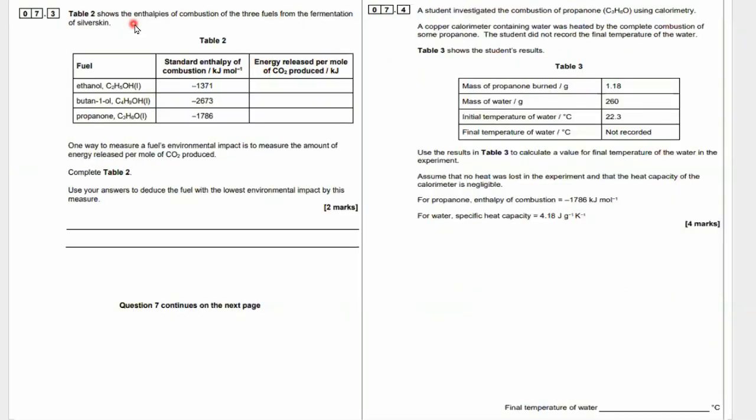Table 2 shows the enthalpies of combustion for 3 fuels from the fermentation of silver skin. So we've got ethanol, enthalpy of combustion minus 1371. Butanol has a standard enthalpy of combustion of minus 2673. And propanone has a standard enthalpy of combustion of minus 1786. How much energy is released per mole of carbon dioxide produced? Well, look, ethanol has 2 carbons in it. So for the energy released per carbon dioxide molecule, we're just going to divide 1371 by 2, and that should give us